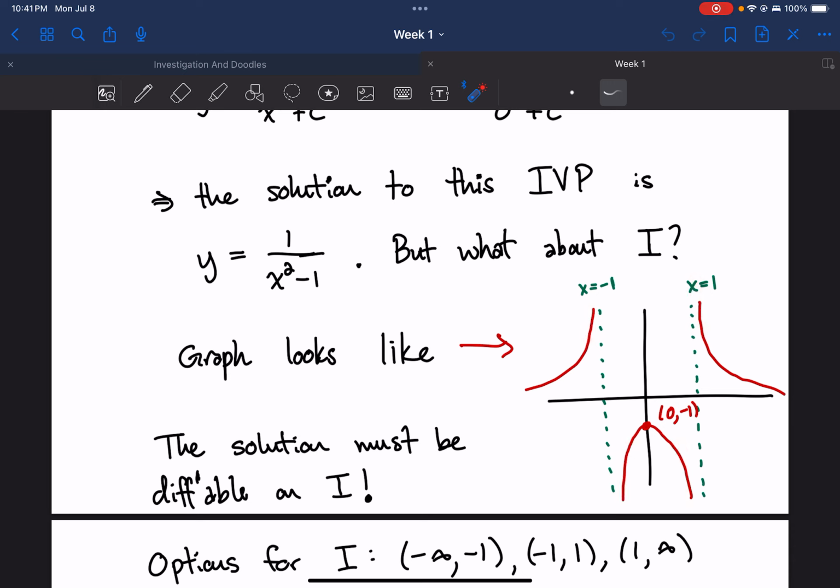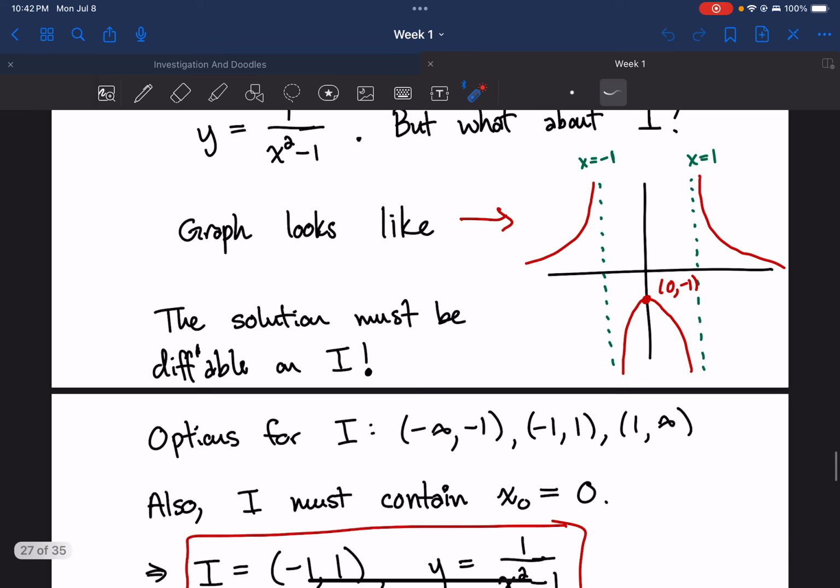We have to pick the largest interval I where our solution is differentiable and our solution passes through the initial point. It's not too hard to see that this is the largest section we can take, right? This is the largest piece of the function that's differentiable and passes through the initial point, 0,